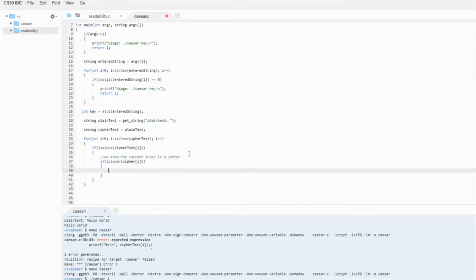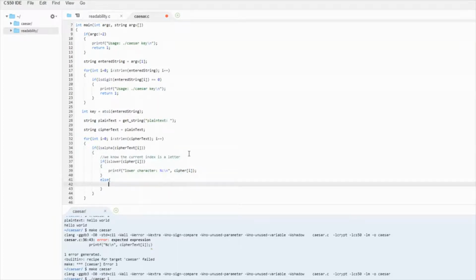So if this is lower, I want to make sure this is working. So lower character, and put this here. Copy this because I'm going to make another function down here.